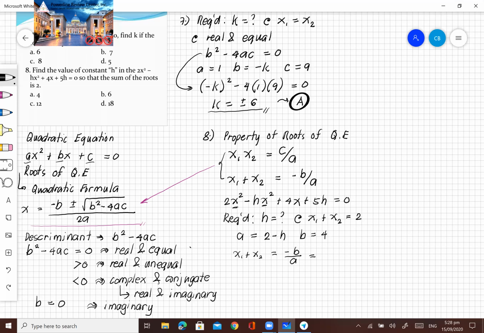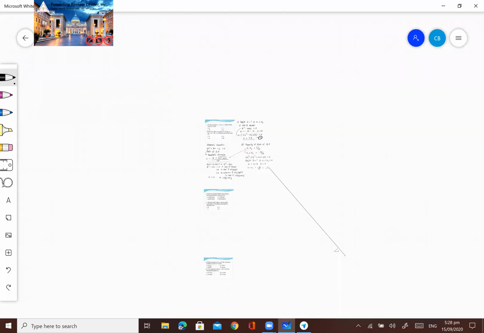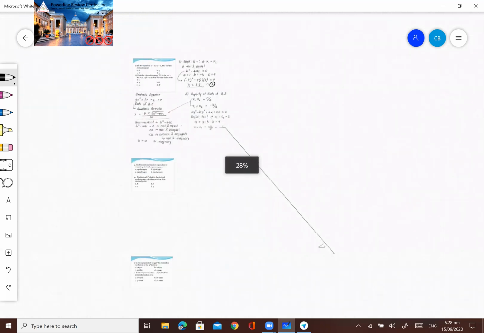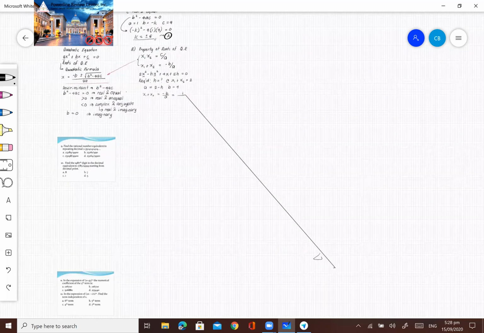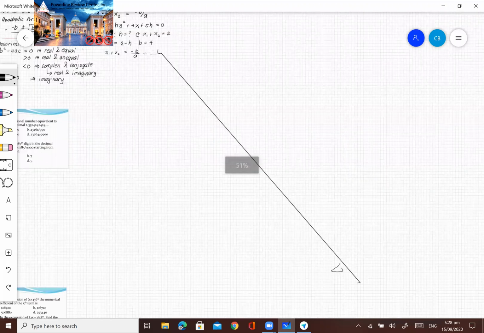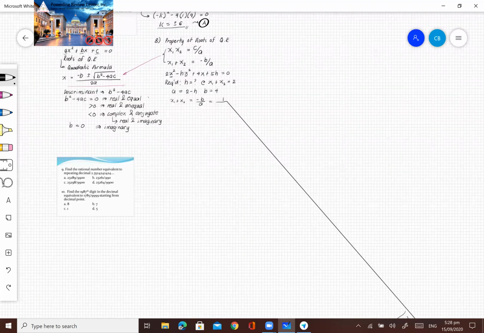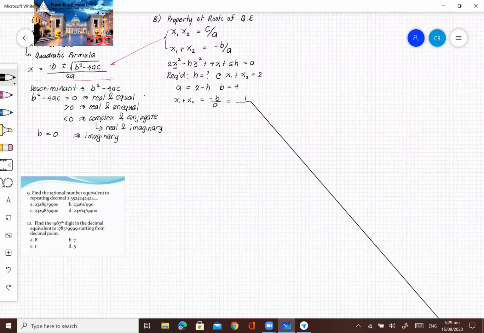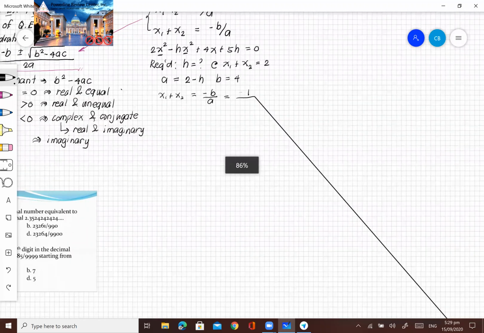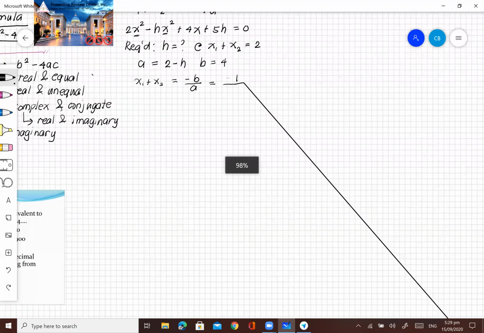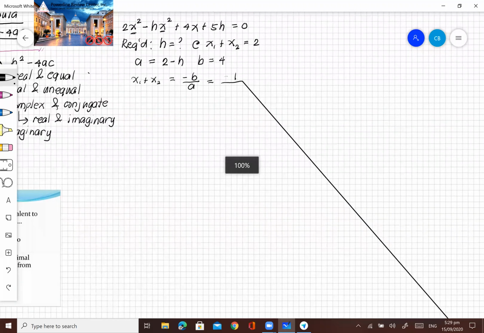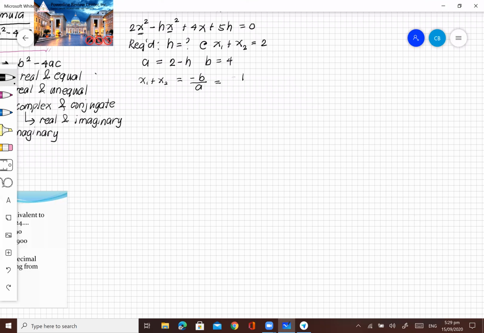So, substitute natin, I have negative 4 over, oh, what happened? Na-double tap. Yan ko lang, kapatid. Yo, anong nangyari? Ayun. This is negative 4 over 2 minus h, which is based on the problem, that is only